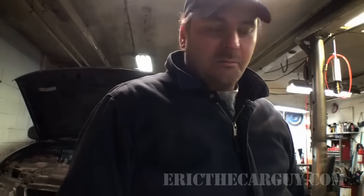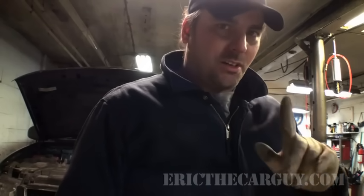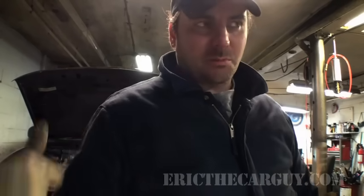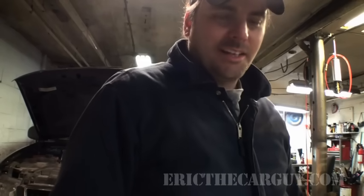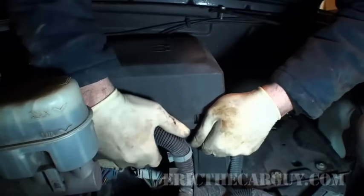All right, because I can, I'm just going to check its compression first, and then we'll do the leak down. So I'm going to remove the spark plug on that one cylinder and disable the fuel and ignition system. Actually, I just need to disable the fuel system. Disable the fuel system and see what I got. Easiest way that I can think of to disable the fuel system